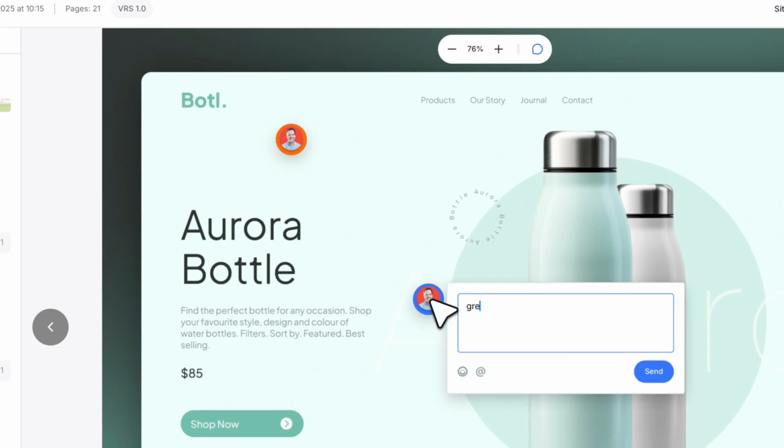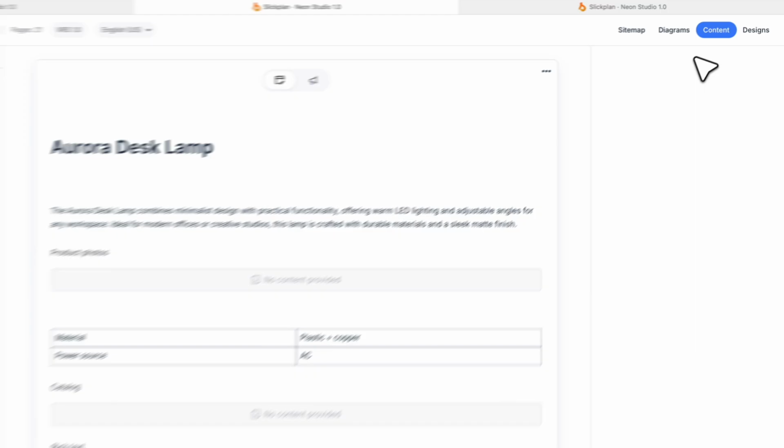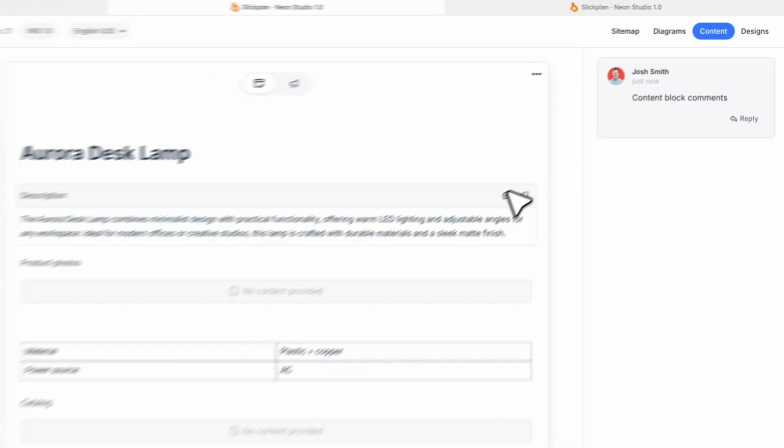That's preview mode in Slickplan. It's an easy, powerful way to review, share, and collaborate on your projects, keeping everyone on the same page,